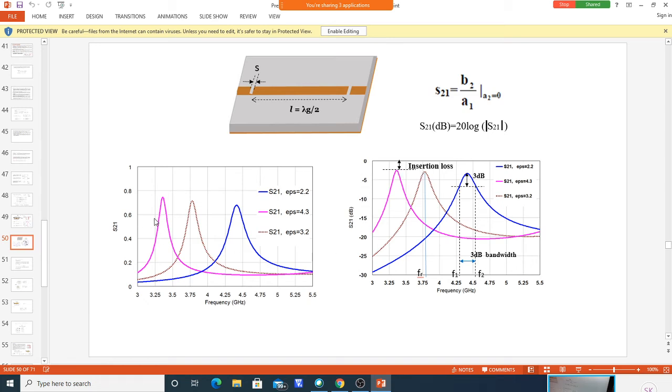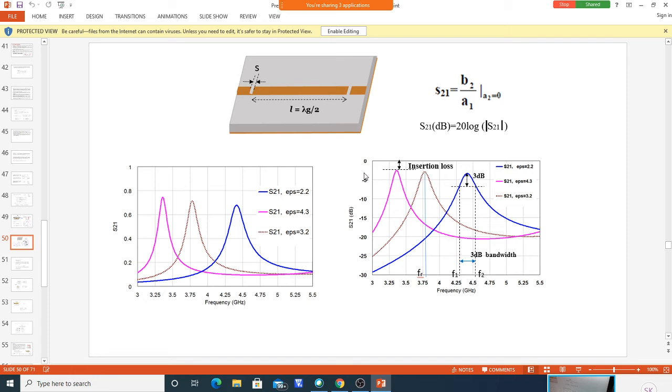You see here, the maximum value you can get is 1, because you are inputting a voltage with an RMS value of 1 volt. Maximum how much can we get if there are no losses in the network? You will be getting a maximum of 1 volt. Is that correct? But because of losses, we are getting less than that. So if it is 1, that is 0 dB. This peak must coincide with 0 if there are no losses. But because of losses, the output voltage is lesser, 0.75.